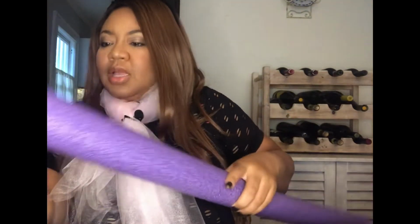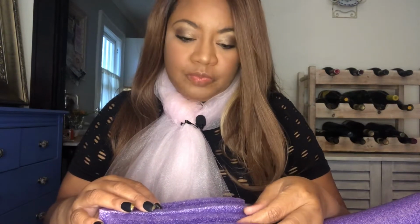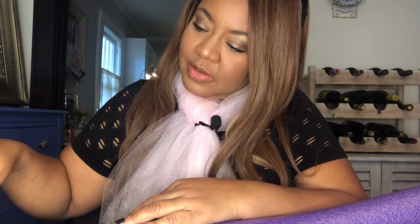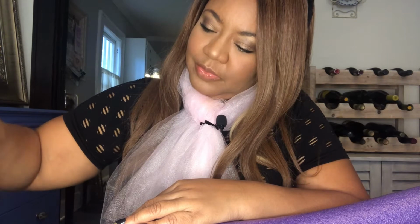So we have our pool noodle, and we're gonna make our toothbrush on the outside. Cut off about 7.5 inches of my first pool noodle, my purple one. This is going to be my main toothbrush, and what I'm going to do is glue the back side of this to my pool noodle. I'm going to just dip this in here, just dip a little, dip a little, dip a little,